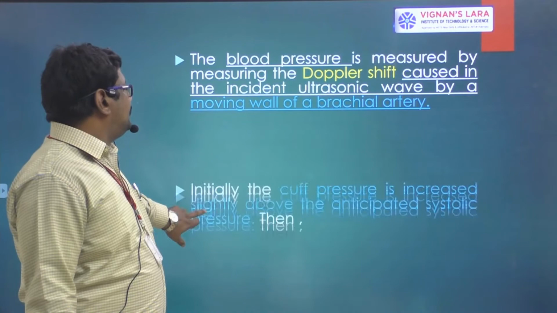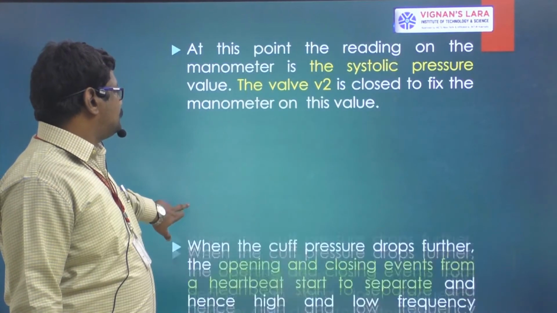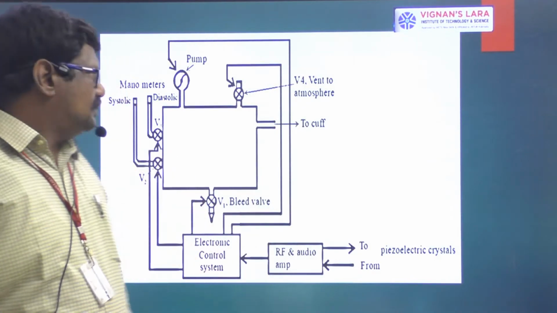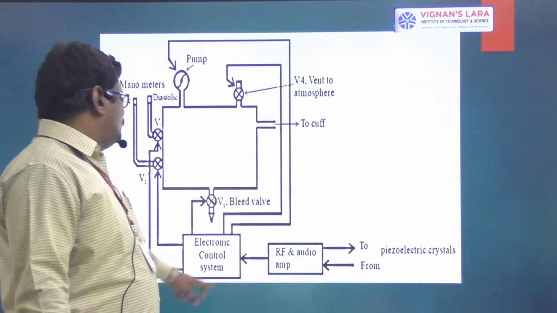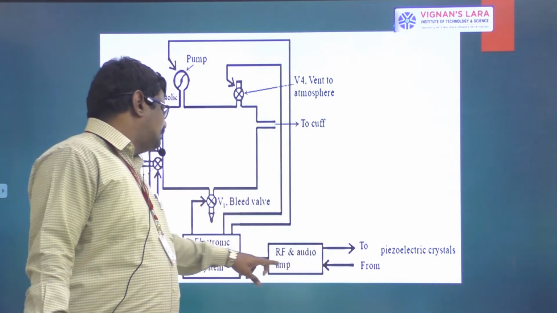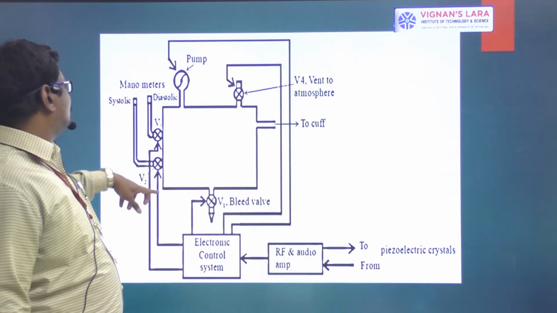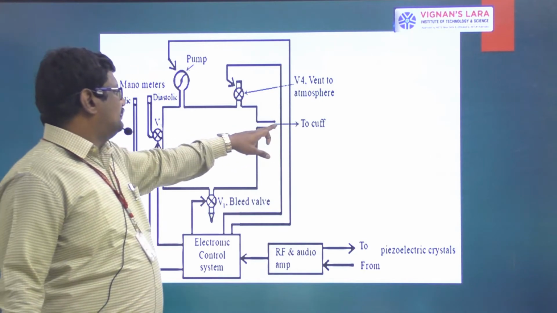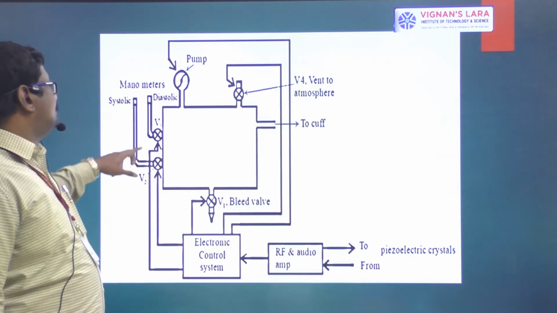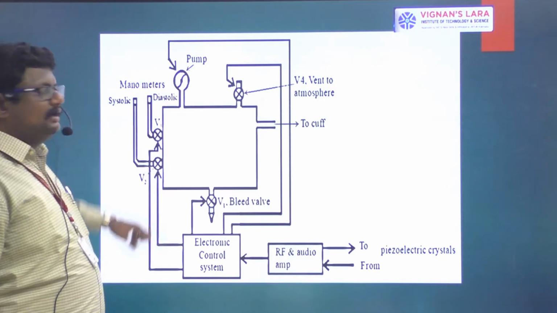And we have another diagram which will help you understand the entire arrangement. So this is another diagram showing the entire arrangement. What are all there? Let us see. There is an RF and audio amplifier to and from. So the piezoelectric crystal transmits the ultrasound waves, and where is the cuff? This is the cuff here. The cuff is being attached here, and there are pump and valve assemblies. So only one pump, and different valves for noting the different pressures.